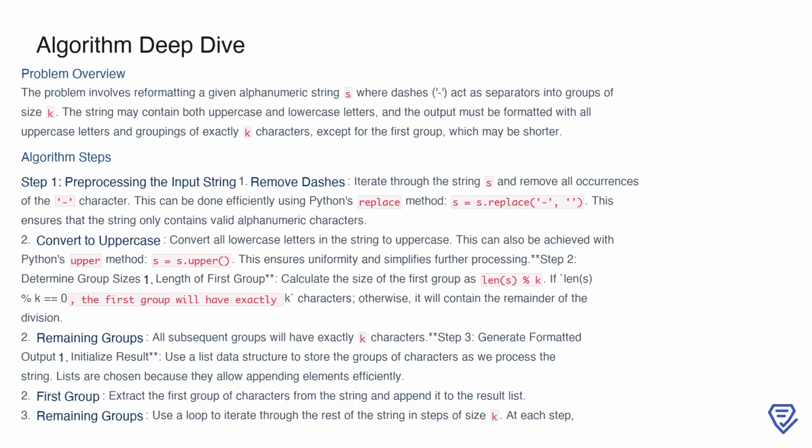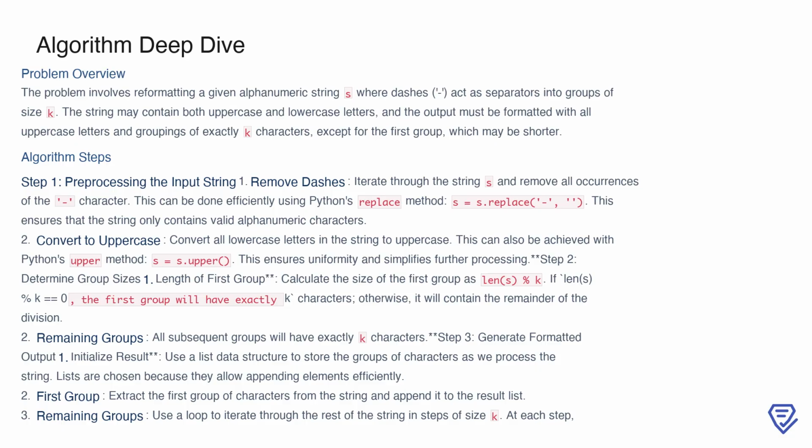Finally, we construct the formatted output. To do this efficiently, we use a list to store the groups as we create them. Lists are ideal here because they allow us to append elements quickly. We start by extracting the first group from the string and appending it to the list. Then, we process the rest of the string in chunks of size k, appending each chunk to the list until